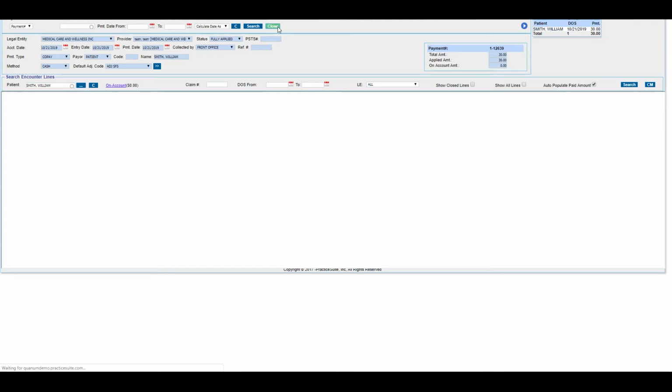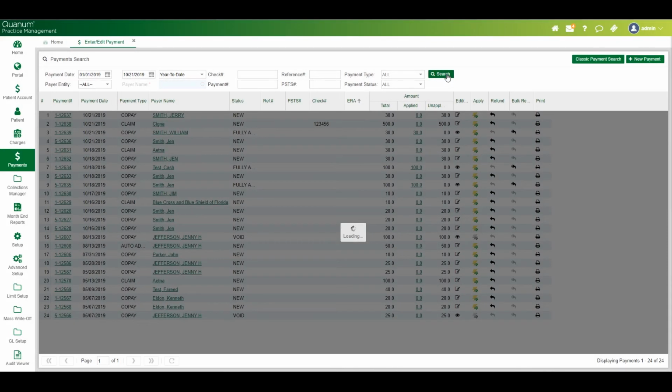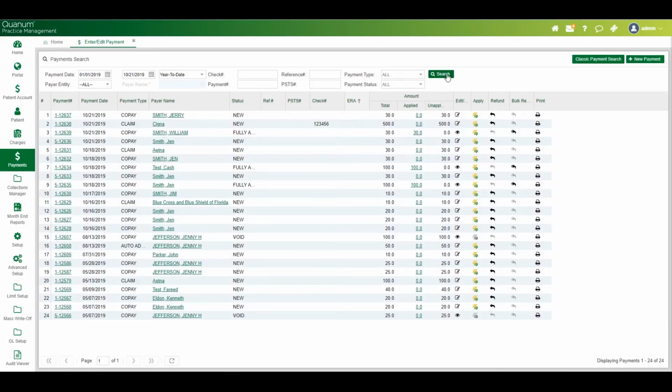Now I'm going to close out of the screen. We're also going to look at the payment posting screen in detail in just a moment. So I'm going to close out of here, and let's go back to this payment search screen. So we clicked apply. The edit or view option opens that payment onto the